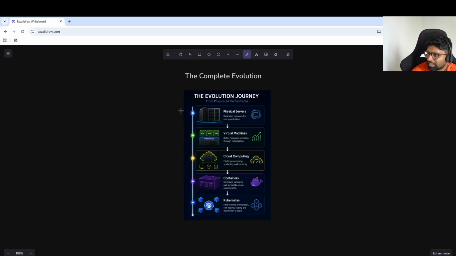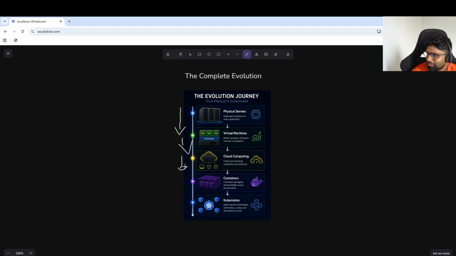Now let's try to summarize the full journey. Every layer solved a problem created or exposed by the previous layer. Physical servers were not bad. They were simply difficult to provision and often underutilized. Virtual machines were not bad either. They gave us isolation and better resource usage. Cloud computing did not replace virtualization.